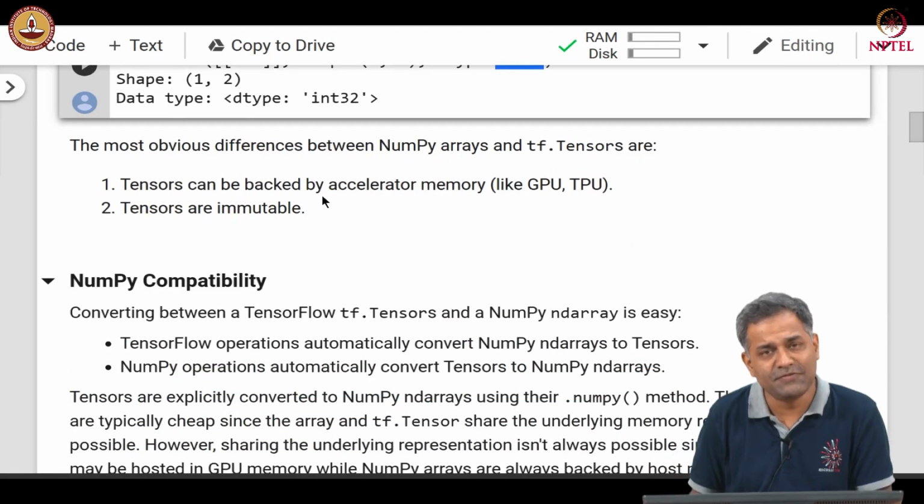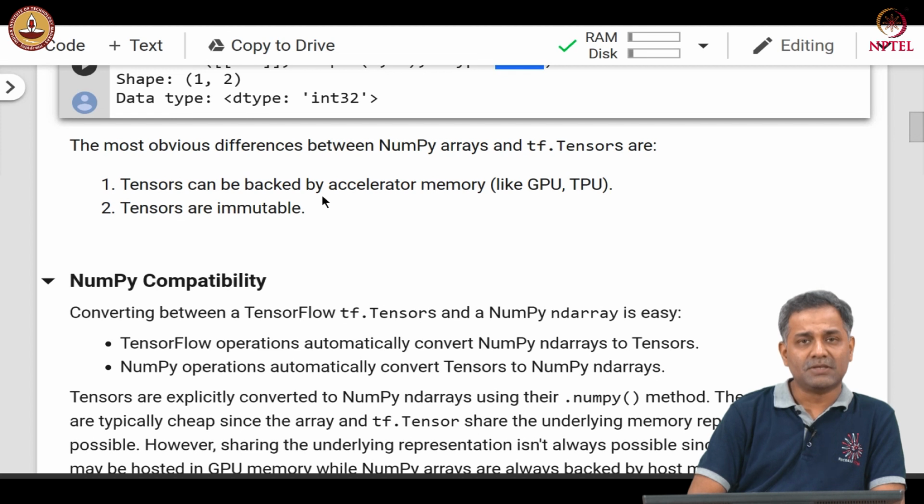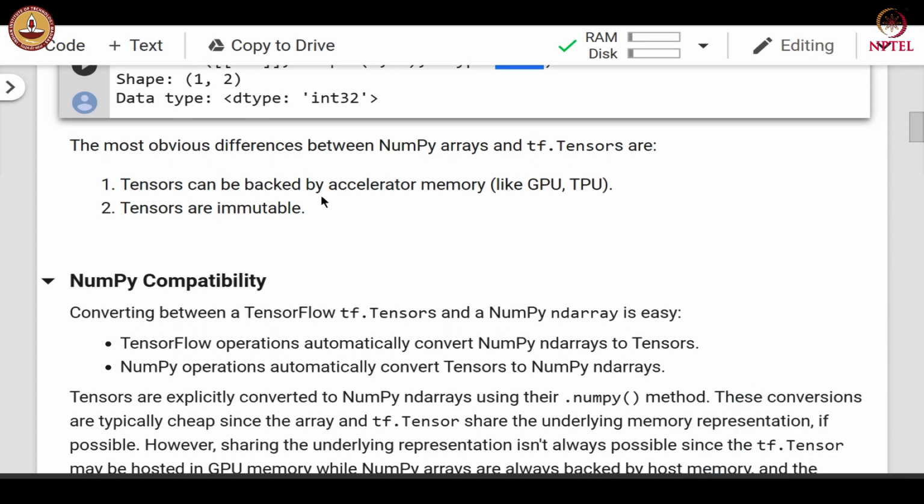The most obvious differences between NumPy arrays and tf.tensors are that tensors can be backed by accelerator memory and tensors are immutable. Converting between a TensorFlow tf.tensor and a NumPy array is easy. TensorFlow operations automatically convert NumPy arrays to tensors.